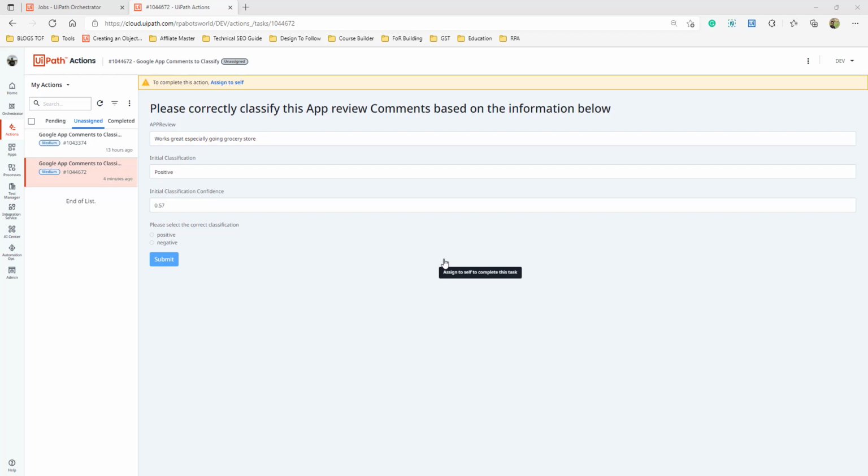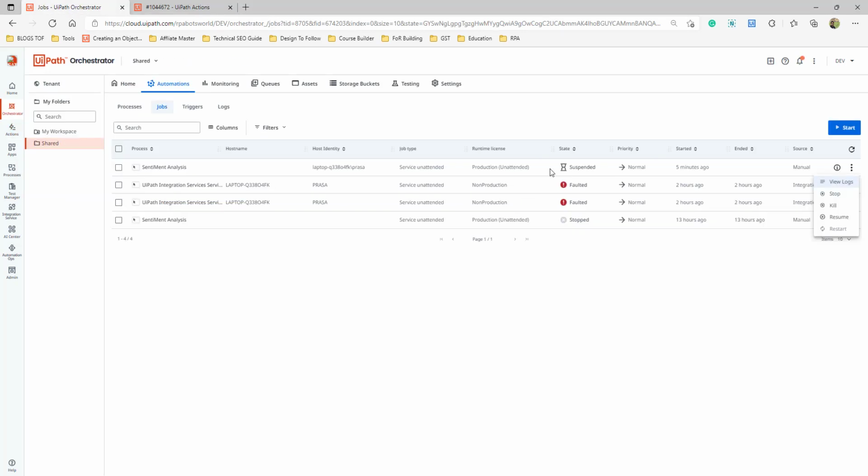If there are more items to be completed and it keeps waiting, when will those items get completed? It's basically stuck somewhere. It's waiting for this task to be completed so that it will move to the next item in a queue or the next item in an Excel file, right? And if there is no operator to fix it, the job will remain in a suspended state, right?